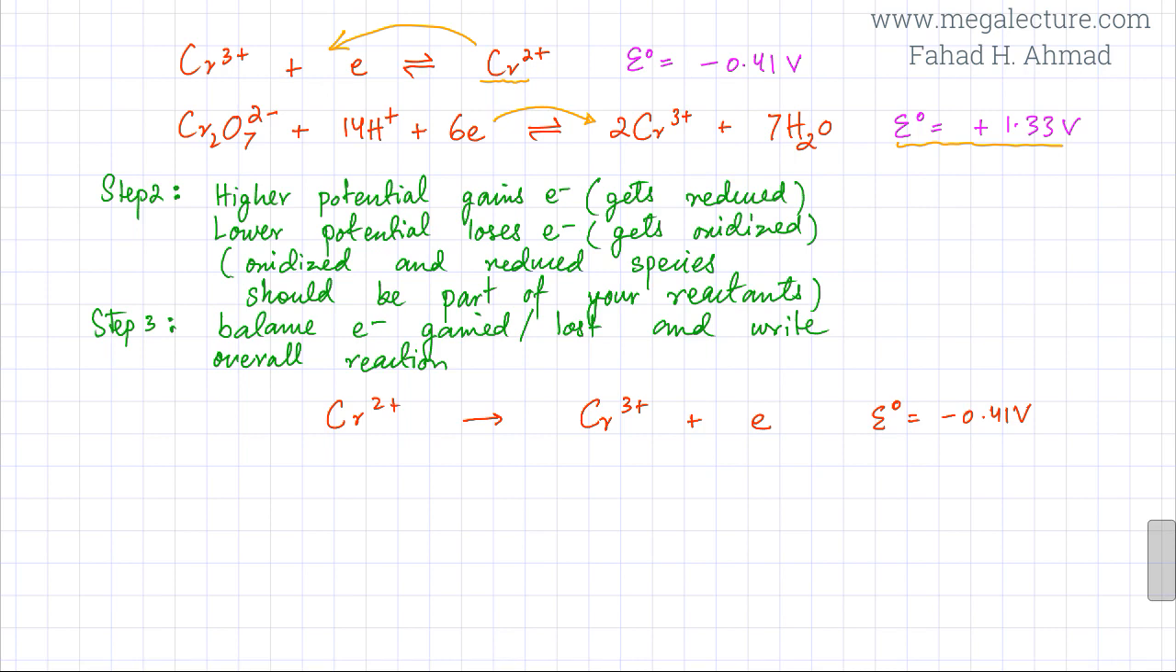And if you look at the other equation, that's going in the forward direction. So I'm going to write it in exactly the same way in the forward direction. So it's Cr2O7 2- plus 14H+ ions plus 6 electrons, and what is being produced is 2 Cr3+ ions plus 7 H2O molecules, and the E naught for this reaction is 1.33 volts. So I've written down the two reactions,